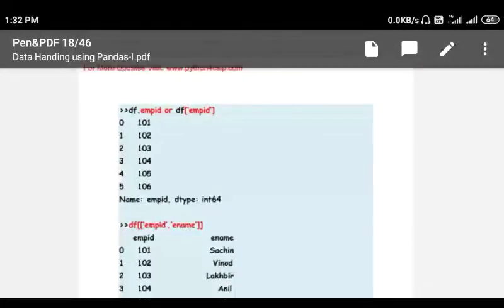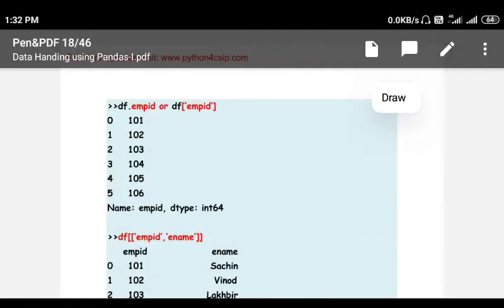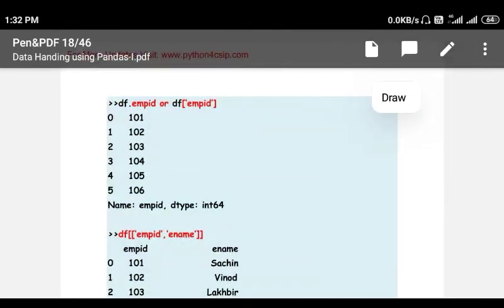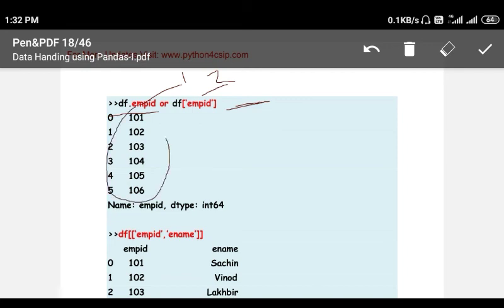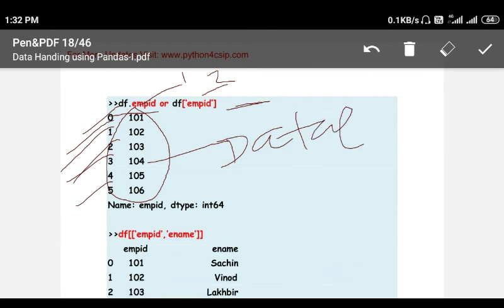Now you see, if I write anywhere after declaring the data frame, please refer to the previous data frame. This is based on the data frame given in the previous example. df.empid, either this or this; you have to write either portion 1 or portion 2, not both together. So with df.empid, the entire employee id column is extracted, and these are the index basically. These are the data values of the column employee id.